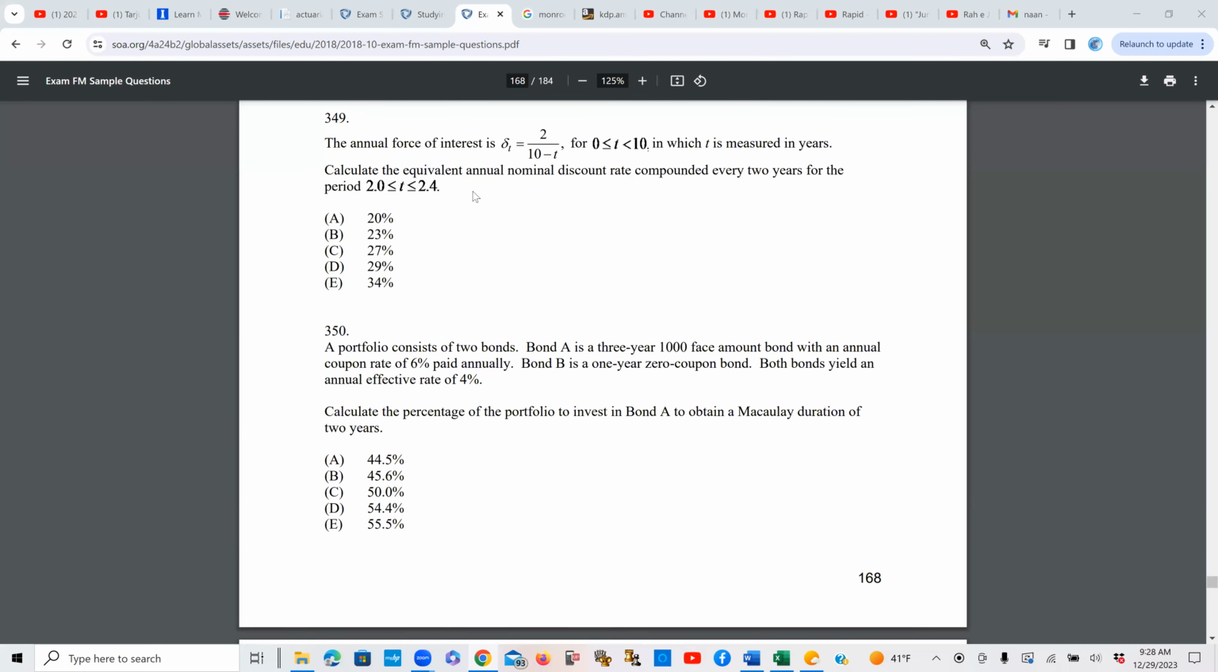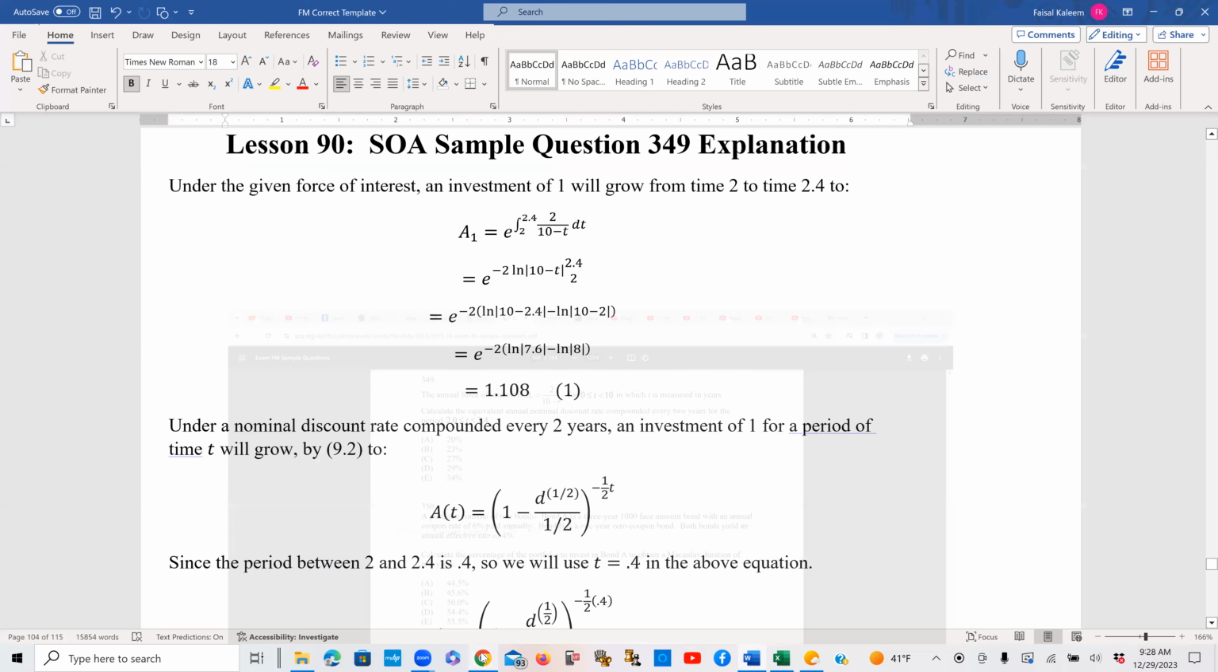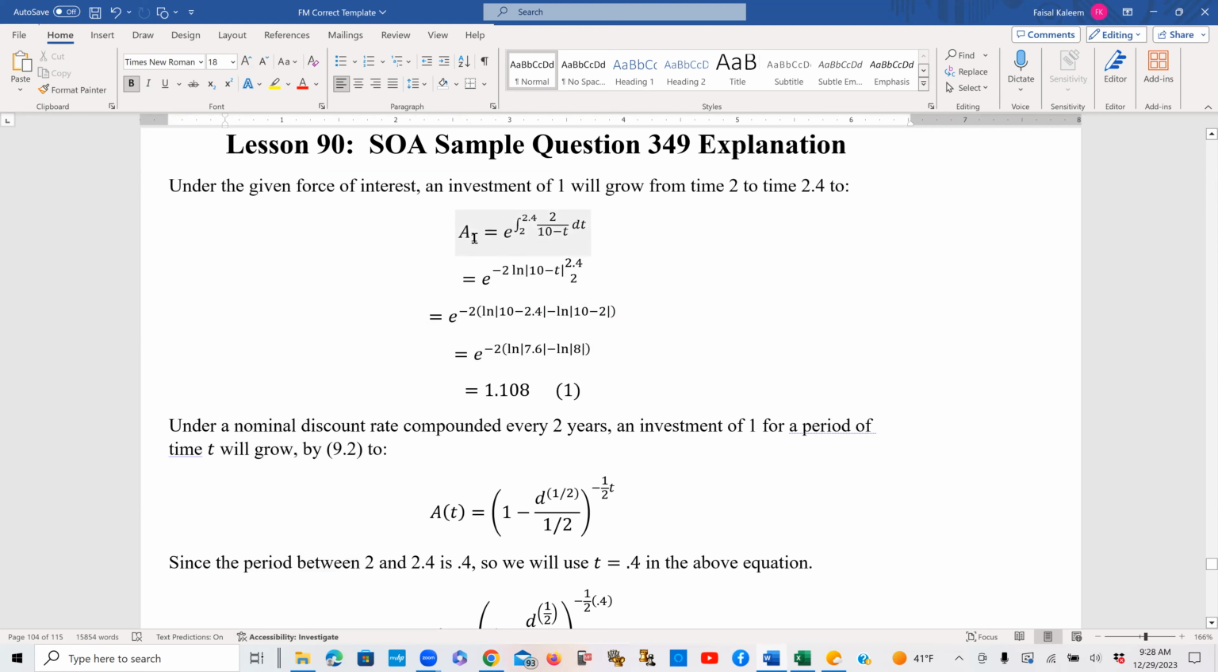The annual force of interest is 2 over 10 minus t. Calculate the equivalent annual nominal discount rate compounded every 2 years for the period 2 to 2.4. So the force of interest is not constant, therefore we will have the amount equals principal times e power integral of